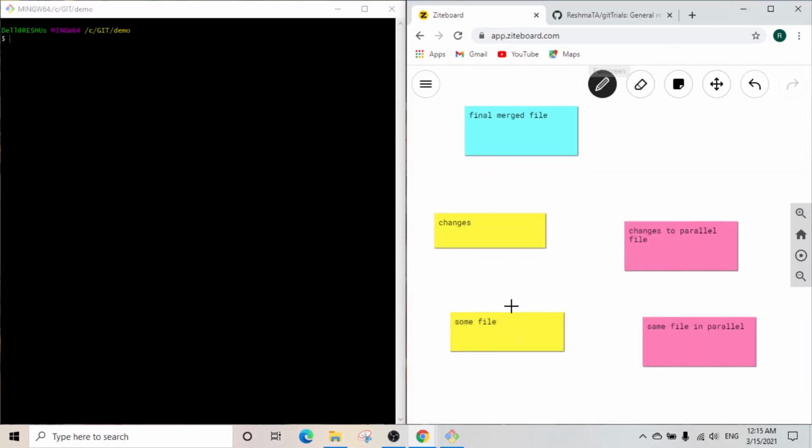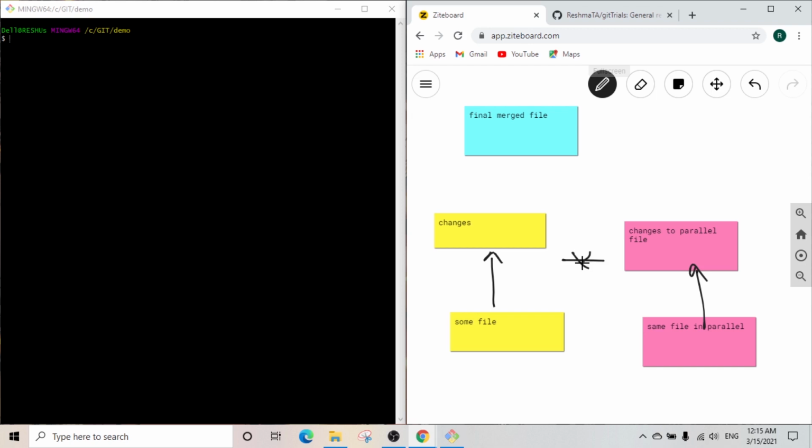Imagine a situation where there exists some file and you're thinking about making certain changes to it, but you're not too sure just yet if those changes are going to be permanent. What you could do is create an alternate branch in Git, and now the file would exist in two separate places, so it's kind of like two different copies, and you could work on your changes separately, and those changes can be totally unrelated.